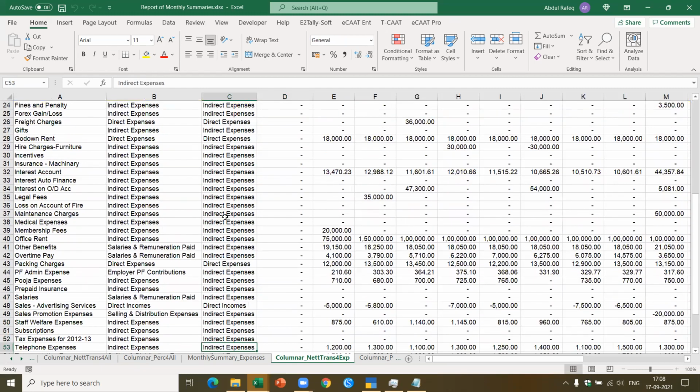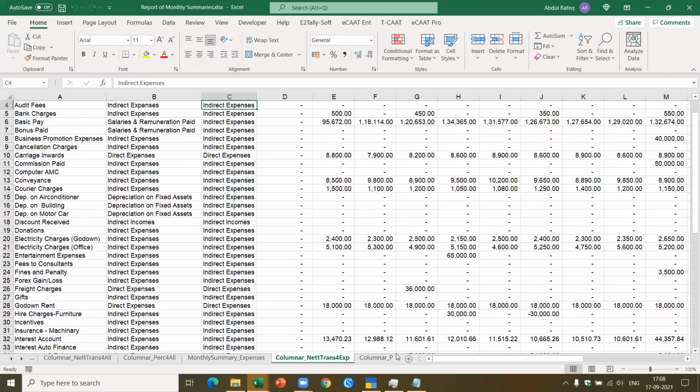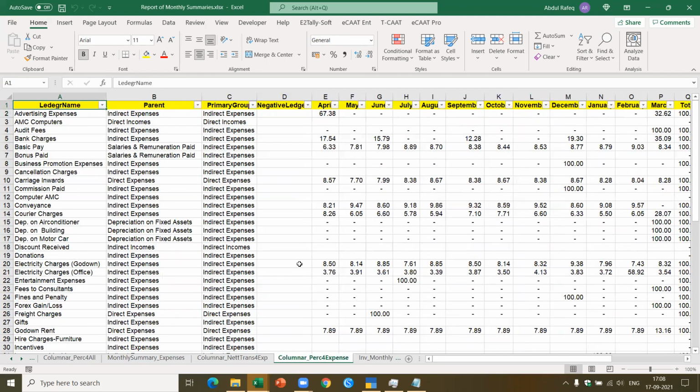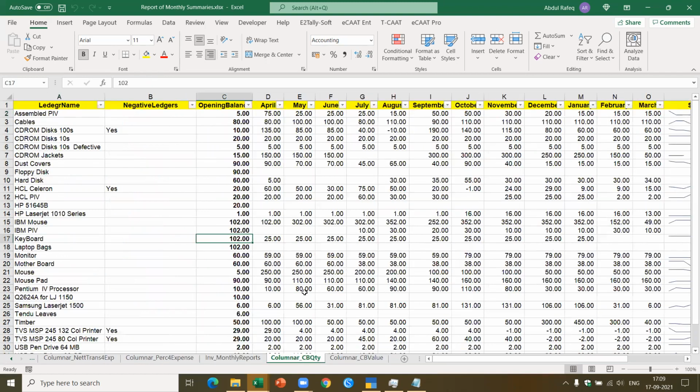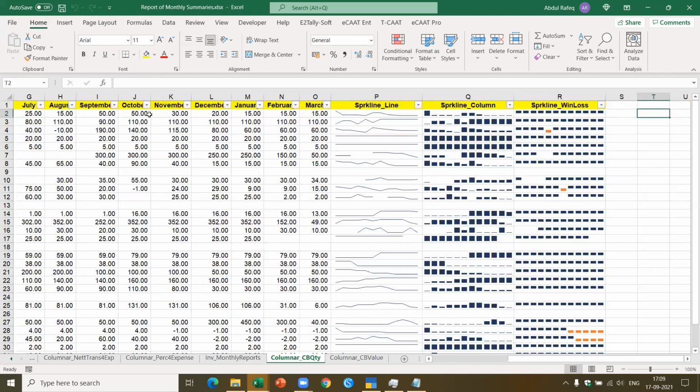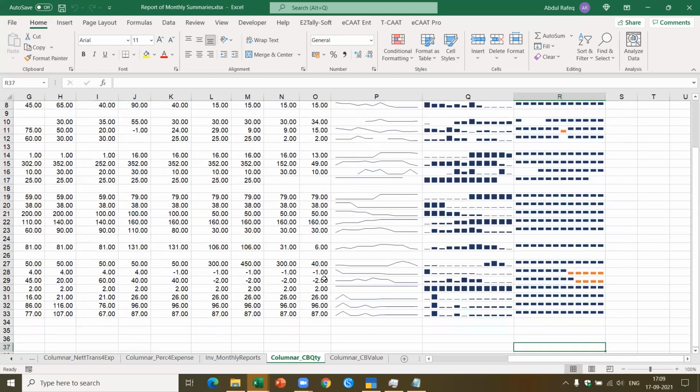Not only that, you'll also be able to identify if there are any exceptions or irregularities. And this is the power of the software. Now you see here, again, this is based on the percentage, this is based on the inventory, and this is for the quantity. Based on the quantity, you'll also be able to know which ledgers, on a monthly basis, have been negative. Now, if you see negative, already in red, these are the transactions where the inventory has been negative. Based on the value, also, you'll be able to find out.